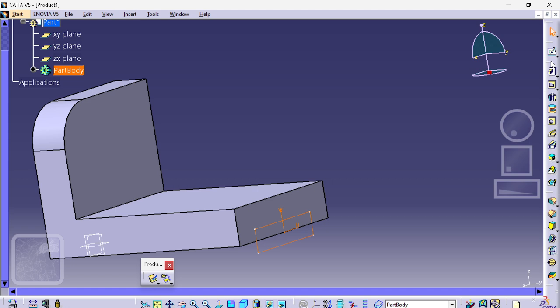Okay. Now you have to use another command. Just below that command, pocket. So this is to add your mod, add the material. This is to remove the material. So pocket,